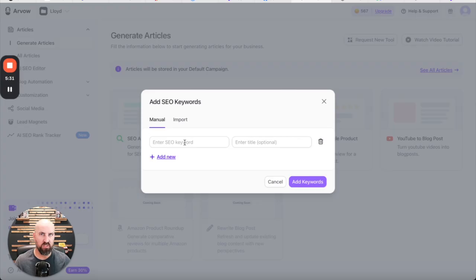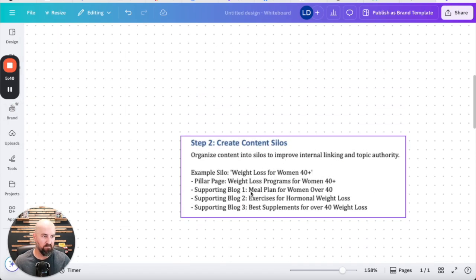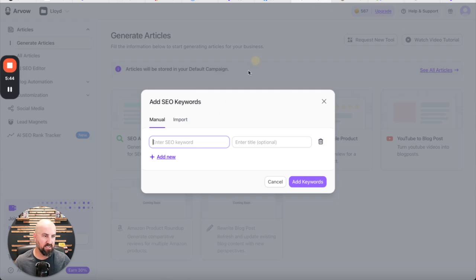So what we're going to do is use the supporting pillar, the supporting blog, which we came up with here, meal plan for women over 40, and we're going to create content based on that. So we're just going to use that as the title, meal plan for women over 40. And then we're going to use the SEO keyword. We're going to do weight loss